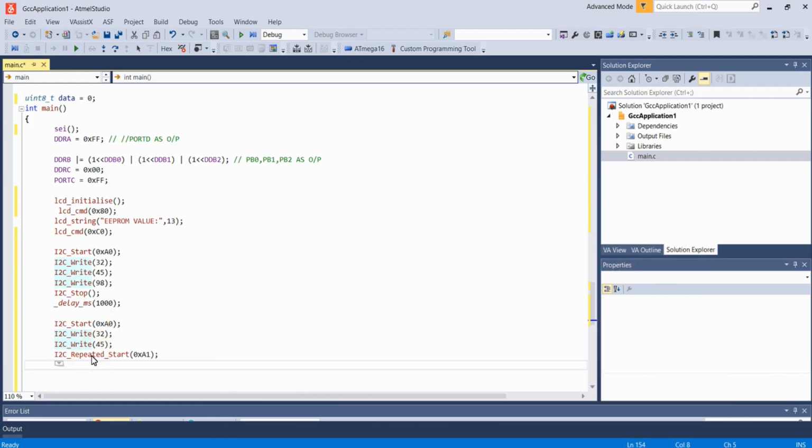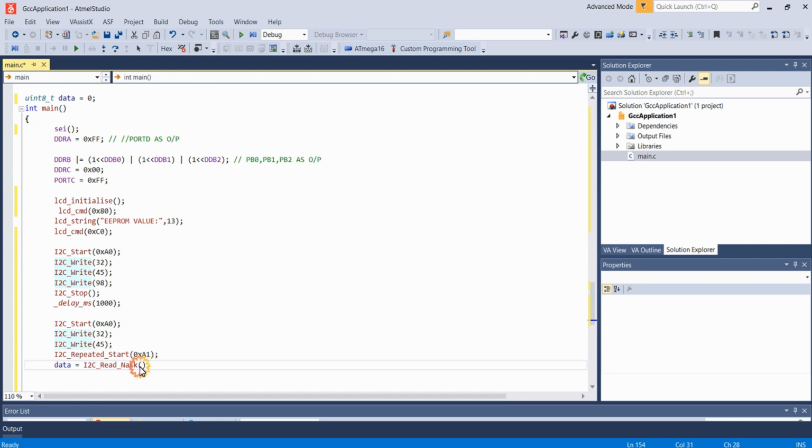So for reading the data with NACK bit, you can use the function I2C NACK. So that function must be called with a variable. So I am calling like this, I2C read NACK.